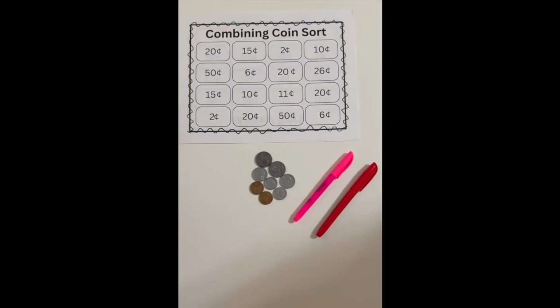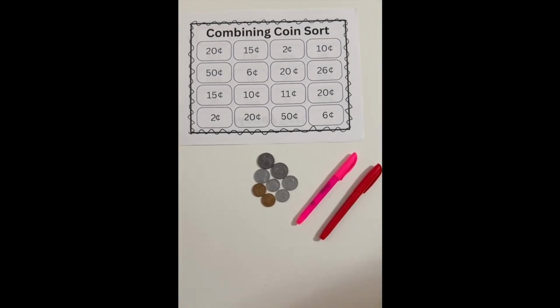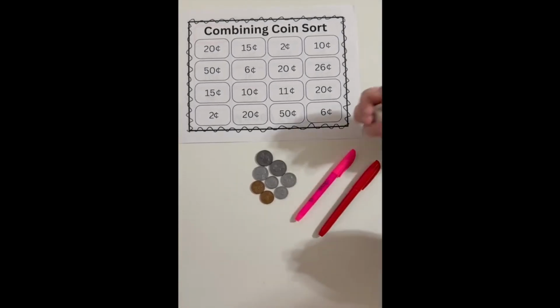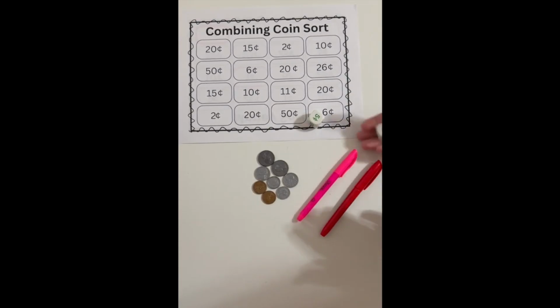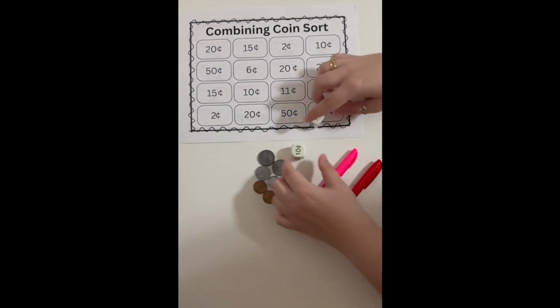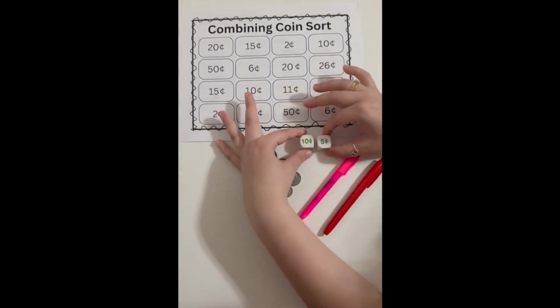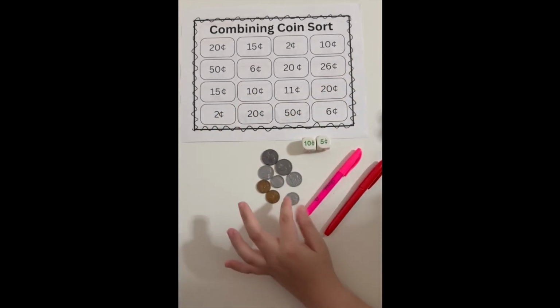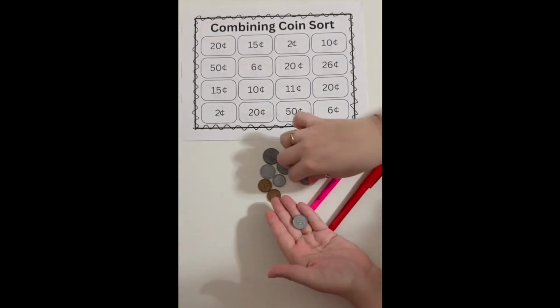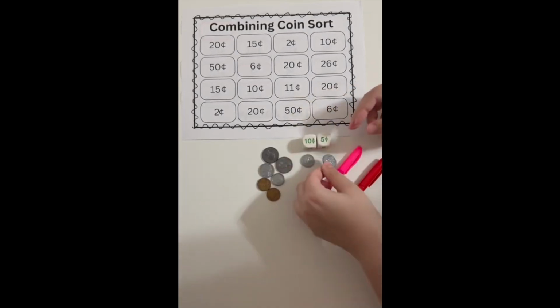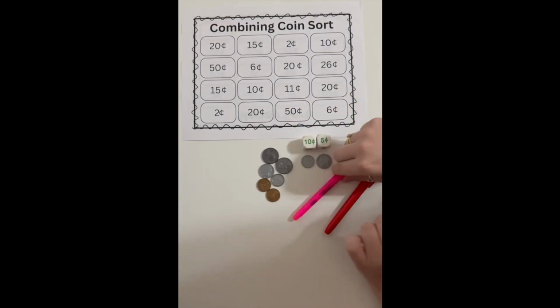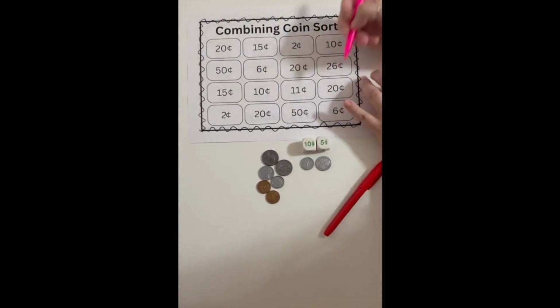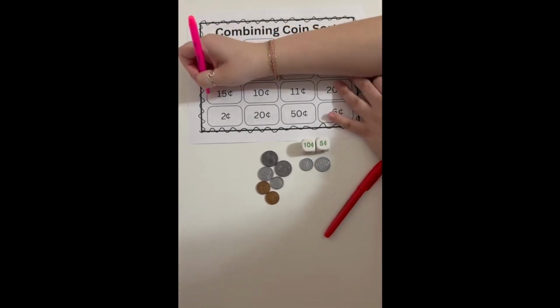In the combining coins sort, student A in the pink will go first. She will roll 2 dice, and then she will take the 5 cent and the 10 cent and add them together, and she will find them over here, and she will add those together to make 15 cents, and she will find them on the sheet,